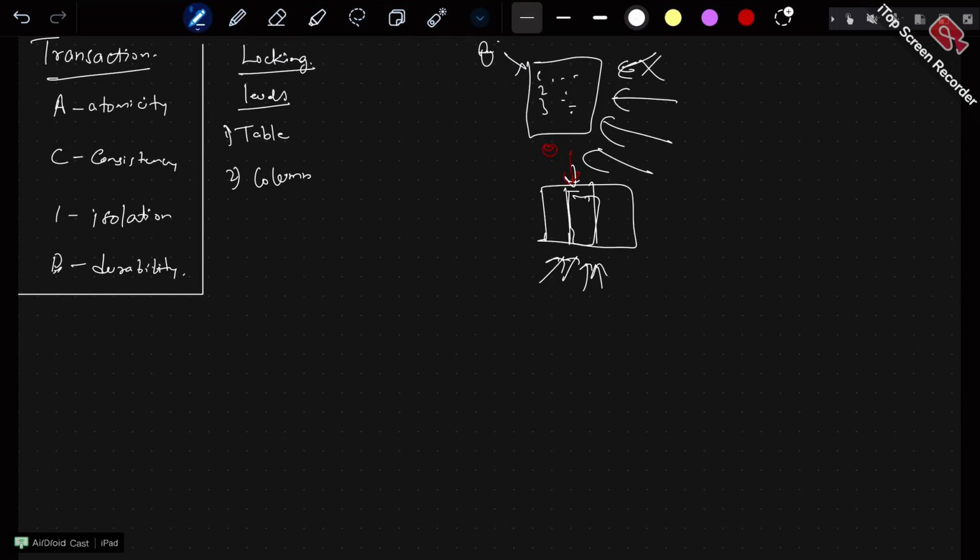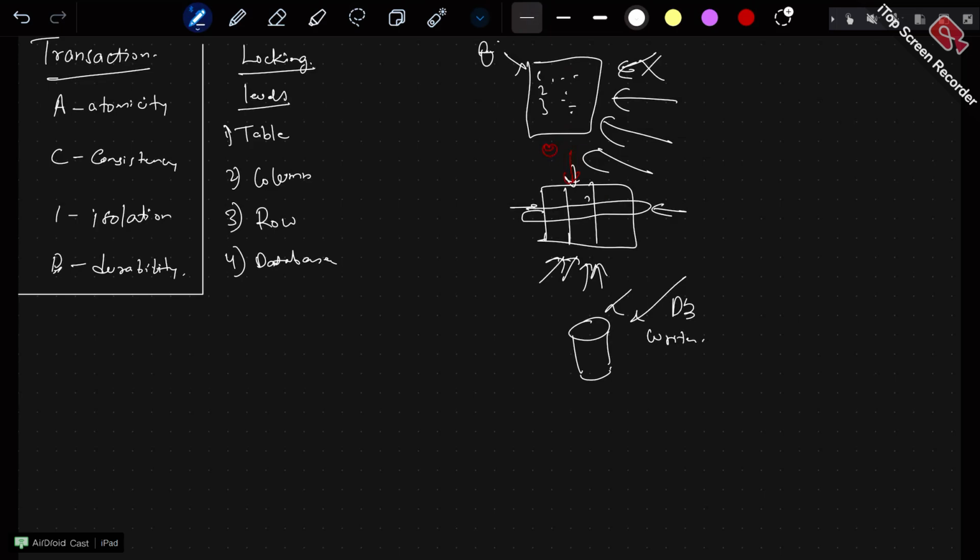Okay, so at what level the locks happen is what we are discussing now. At the row level, that means this entire row has been locked. Nobody else can read it or write it. Depending on the scenario, we'll see whether they can read it or write it or what else they can do. And then your entire database can be locked. That means a particular organization, for example, has locked this entire database for anything. For example, any write cannot happen onto this database. This database can only be used for reading, so they have locked those scenarios.